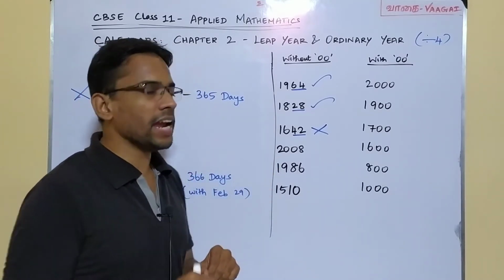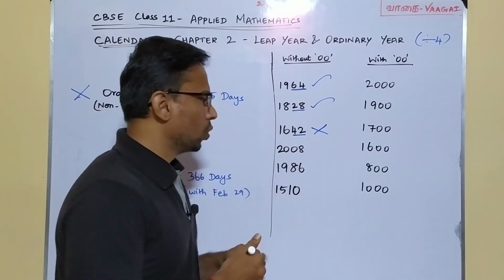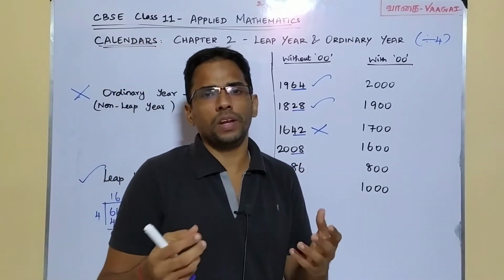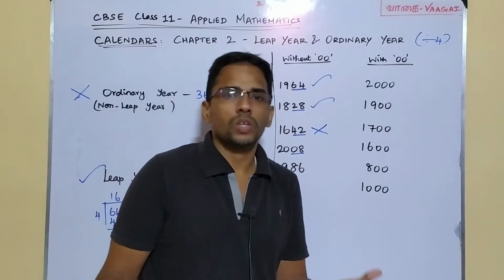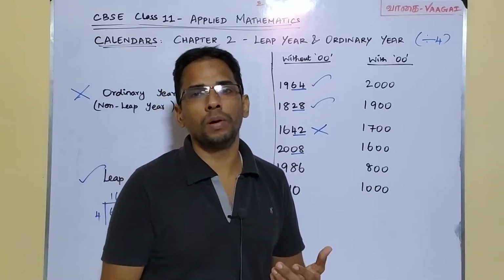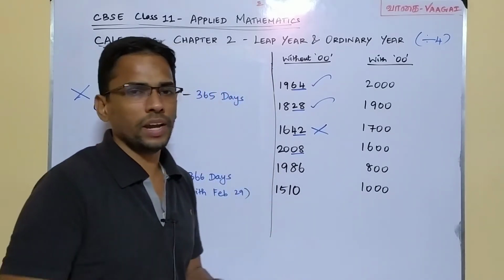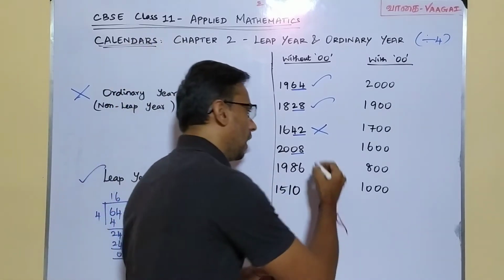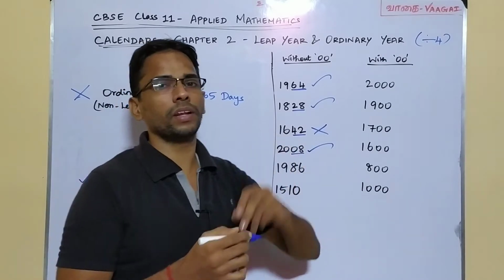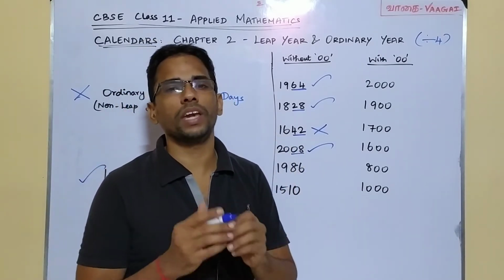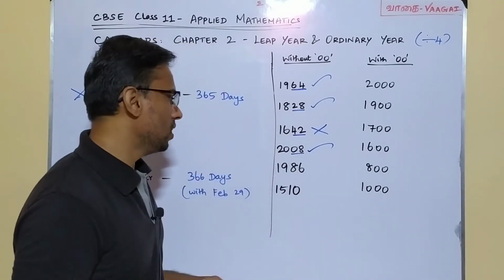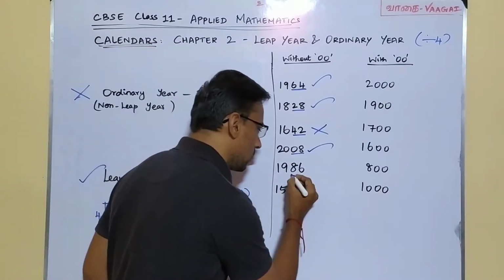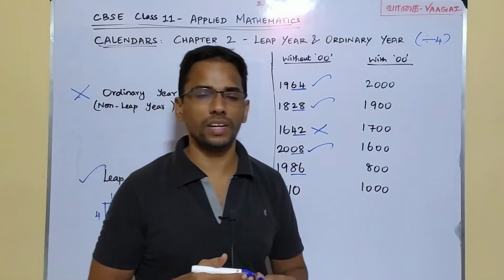Next, 2008 we have, and as usual, go see the last two places. I have 08. 08 is simply like 8, right? So 8, check whether 8 is divisible by 4. It's very easy to say 4 2s are 8, and that means 2008 is perfectly divisible by 4, and so I can make a tick, marking that this 2008 is once again a leap year, right? Yeah, fine.